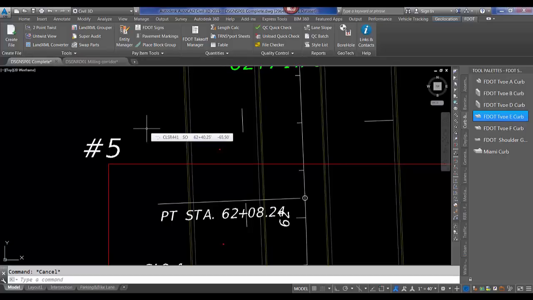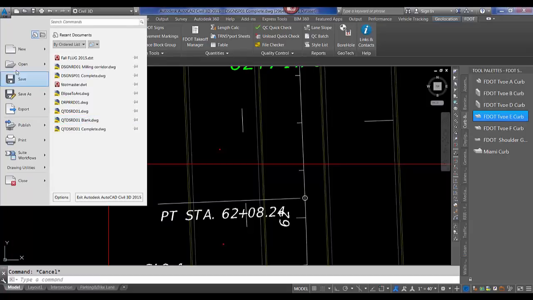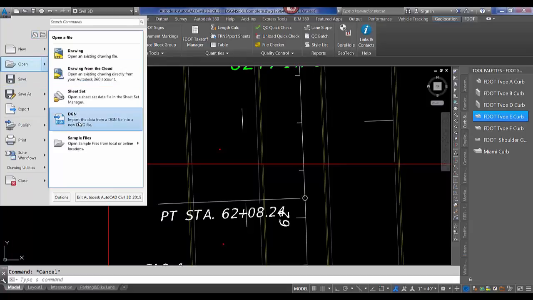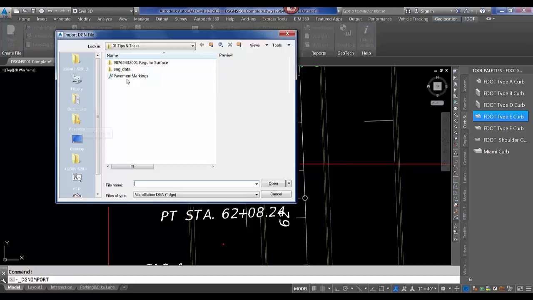We get this a lot. Opening a DGN file correctly in Civil 3D. Here is what you need to do. Go up to the big A, Civil 3D, click it, go down to Open, Open DGN. I happen to have a DGN here. Click Open,